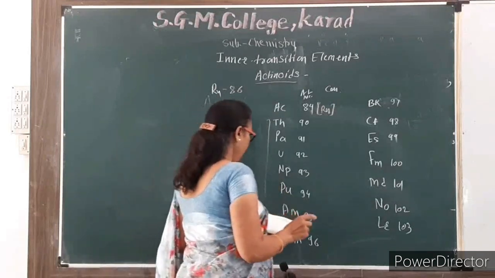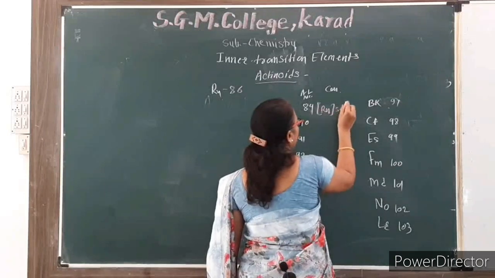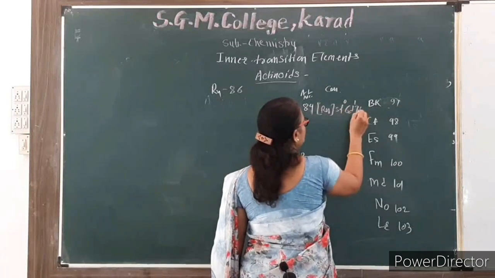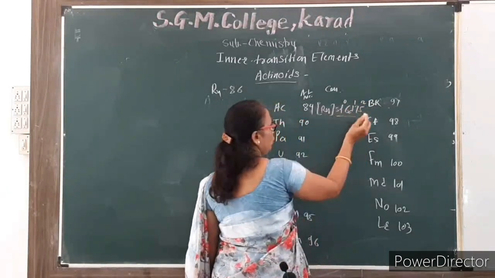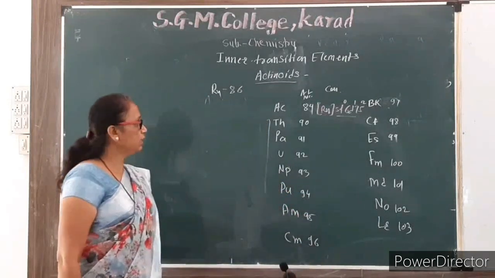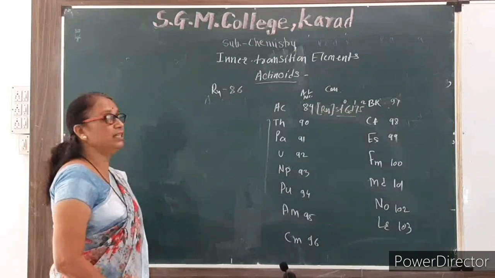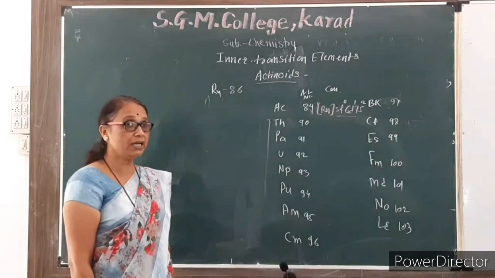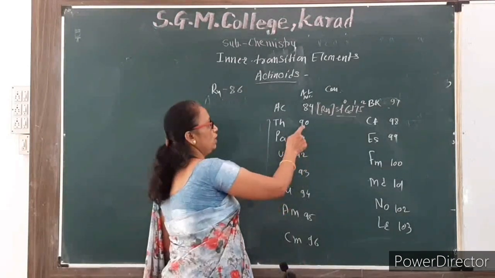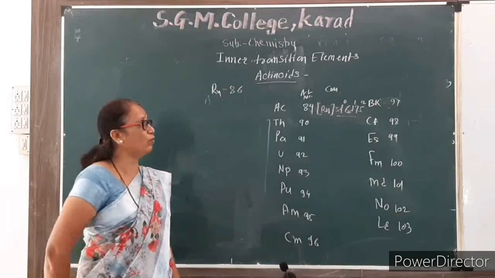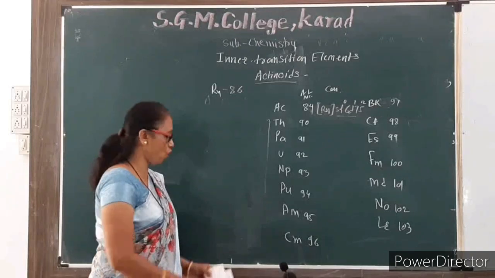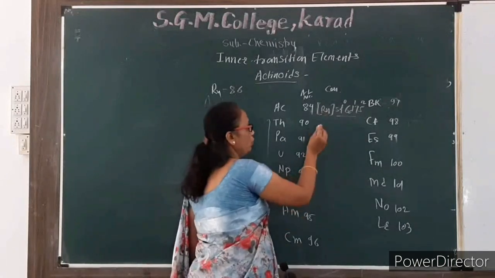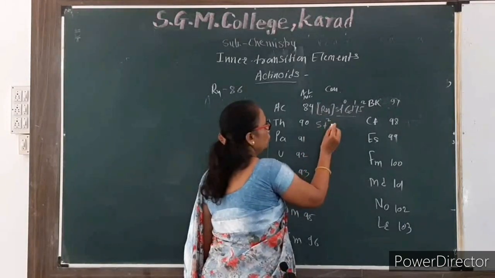5f0 6d1 7s2. Here, as it is a d block element, there is no electron in the 5f. In the case of thorium, it is expected that the electron should enter the 5f orbital, but actually it is observed that in thorium also the electron does not enter the 5f orbital. Therefore, the observed configuration of thorium, writing only the outer configuration without radon, is 5f0